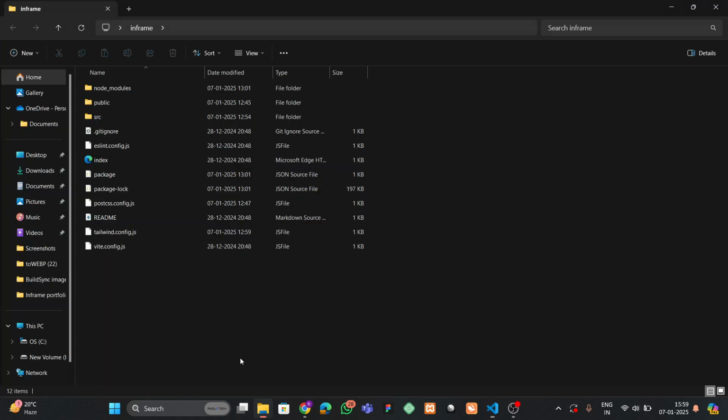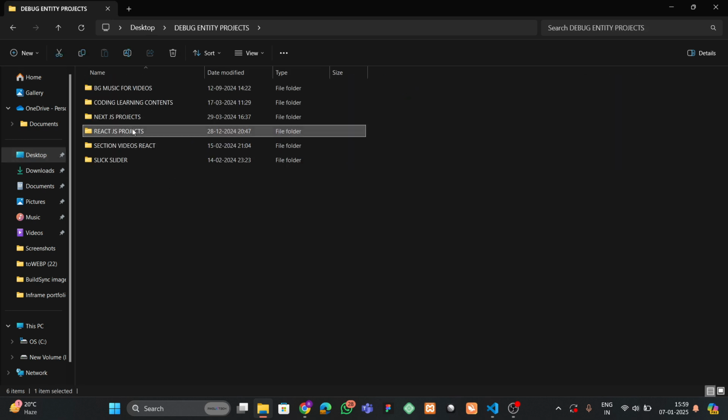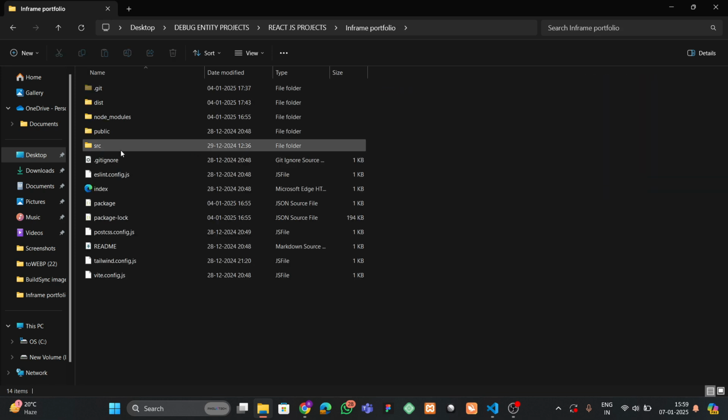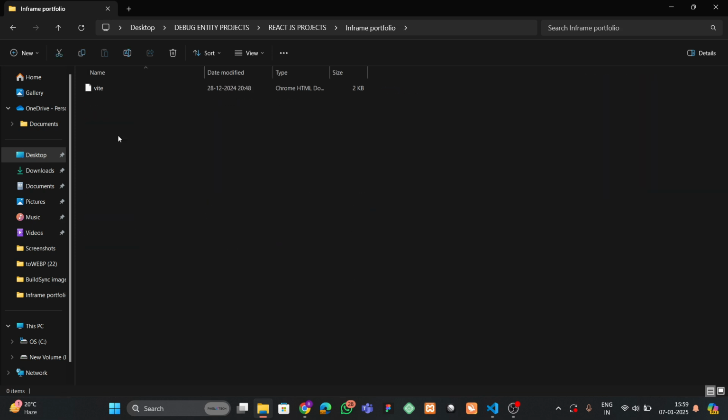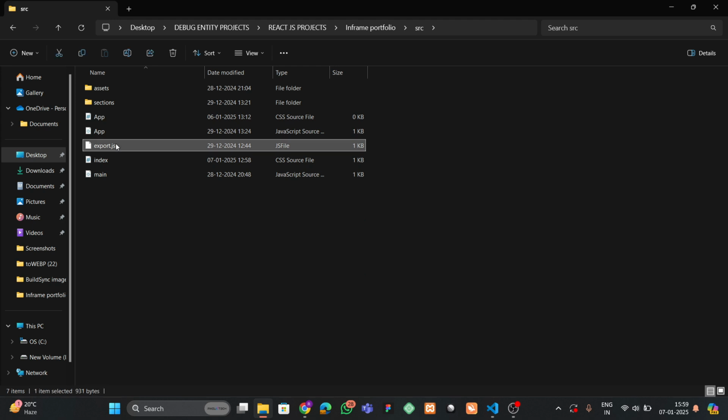So let me go to my folder, and I will open this in frame portfolio, and if I go to the public file, you have to go to the src, and here I have this export.js. So let me copy this export.js, and